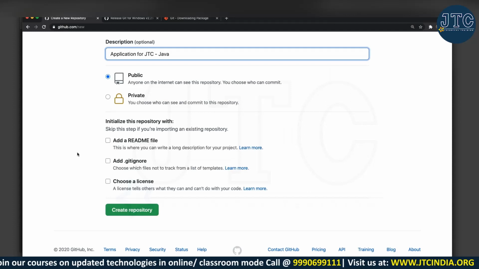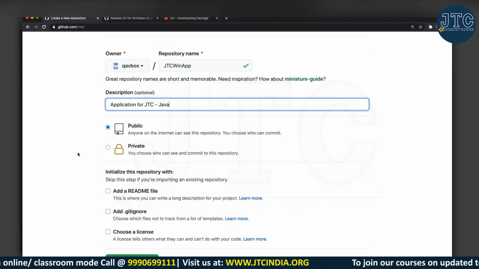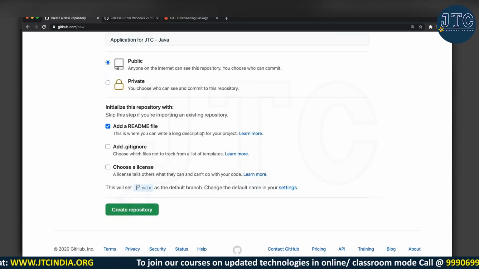I mean, it's up to you whether you want to use that or not. A readme file is basically what this project is all about. If somebody wants to use your project, how will they use your product? Like you will say, okay, download this application, install it. So it's kind of a manual you need to use there. So let me keep that as well, a readme file.